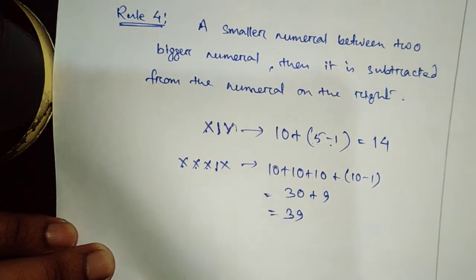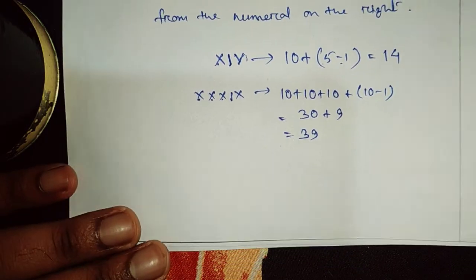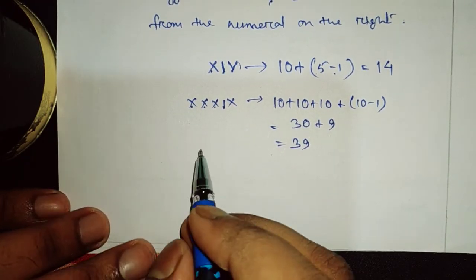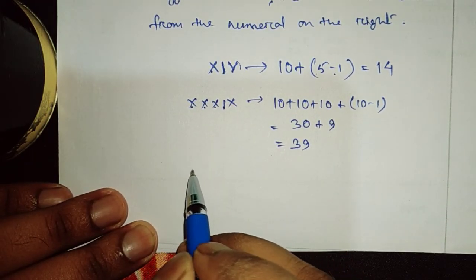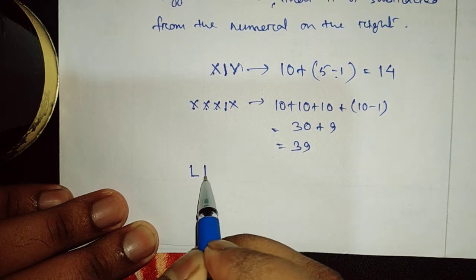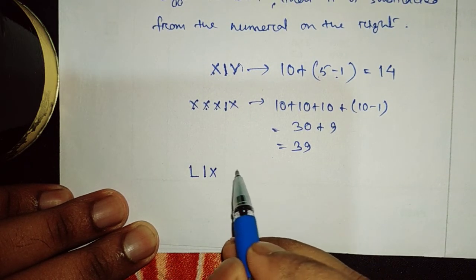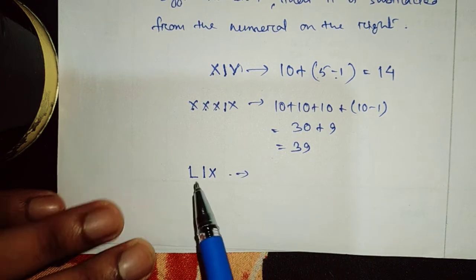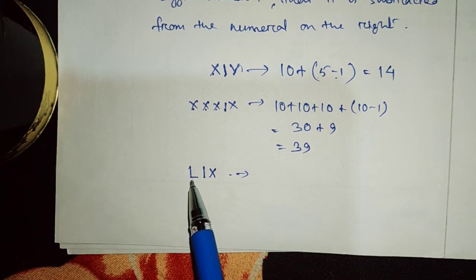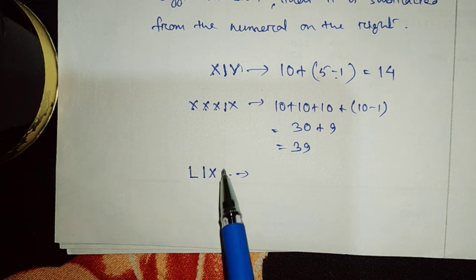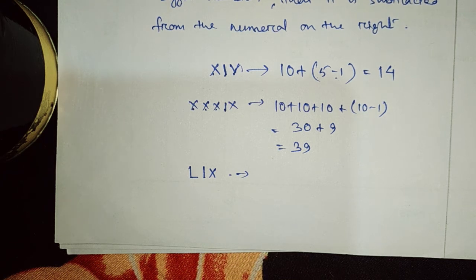Okay, let us take another example. I hope you will be able to do this by yourself by now. LIX. What is the value of L? The value of L is 50. So what we can see is that after 50 something is there. This much I have told you. Now try to pause the video and do it yourself. Then again come to see the solution. First you try, pause it.